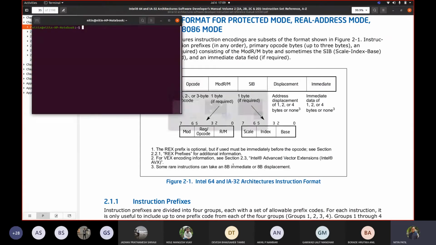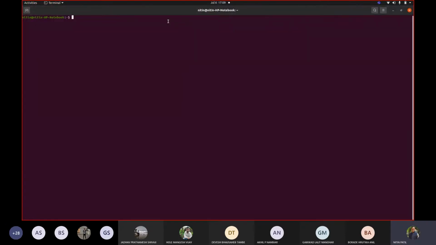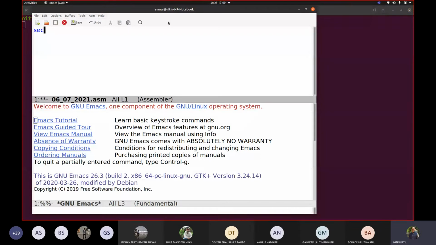Even if you are not understanding the code for a while, don't worry about it, because we are more interested in translation and not the code. Correct. I will add this code on the Moodle site as well, so that you can check it. So let me add the code.